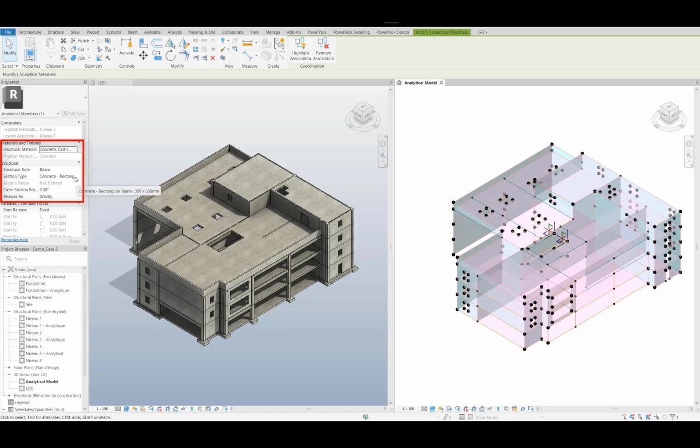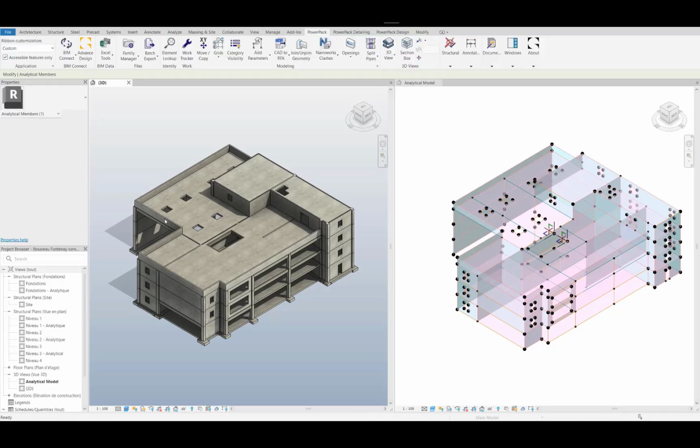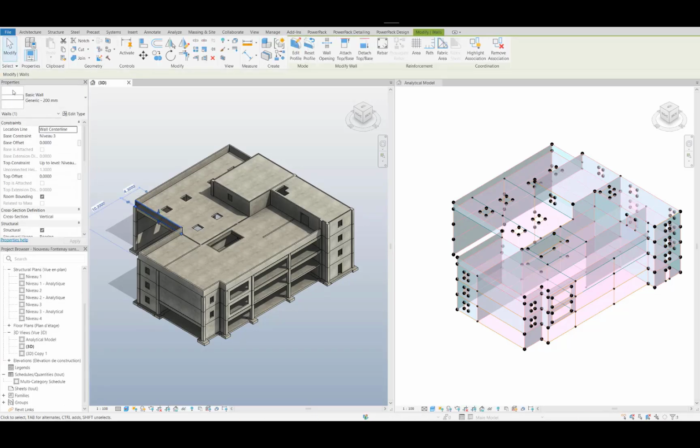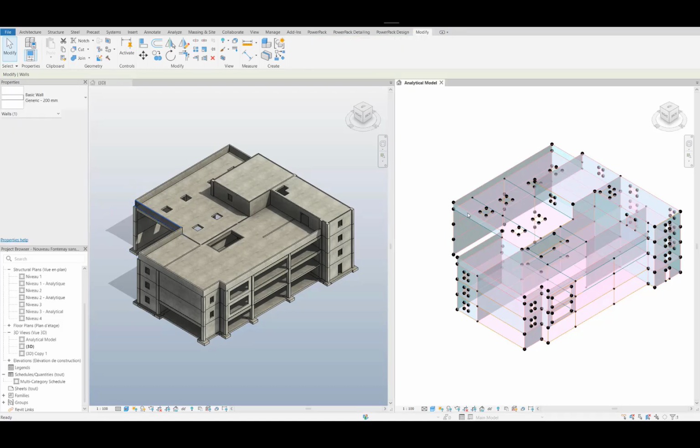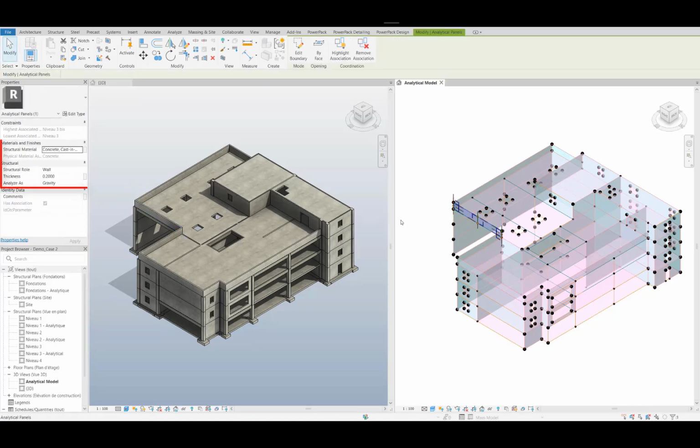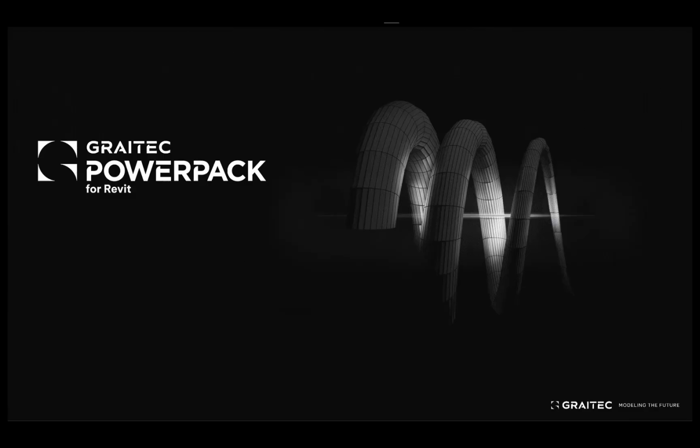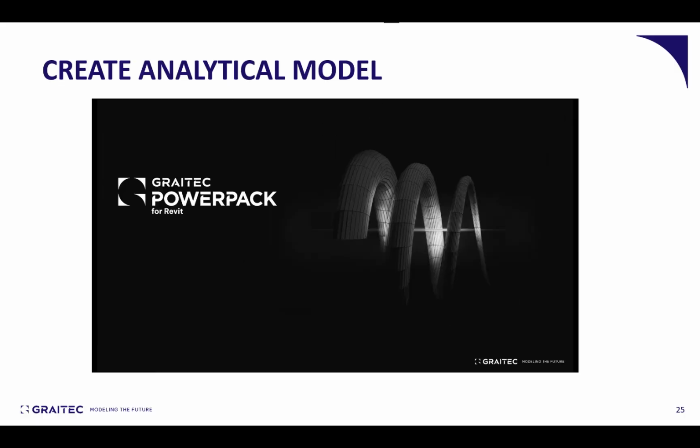Automatically, all analytical objects will use the physical model to complete some dedicated parameters, such as the structural materials, the structural wall, the thickness. All this information will be copied from the physical model and transferred to the analytical model. So the analytical model will be enriched with that data.